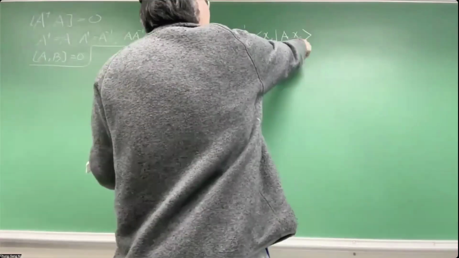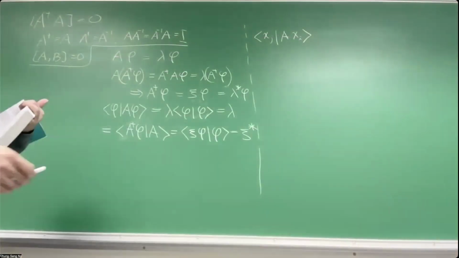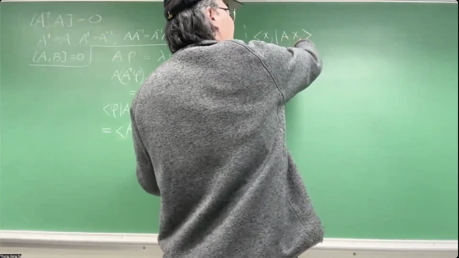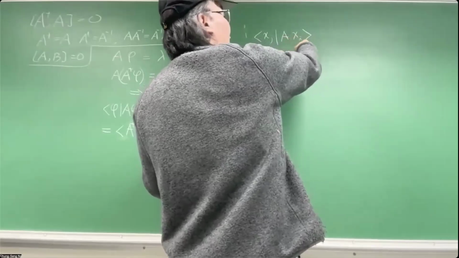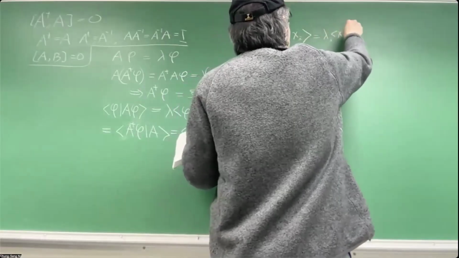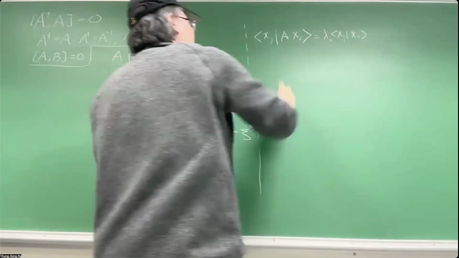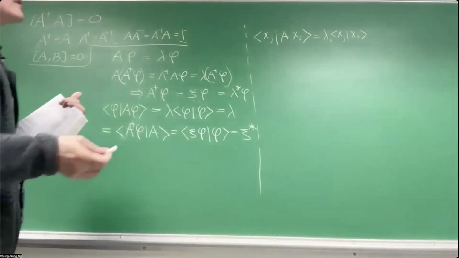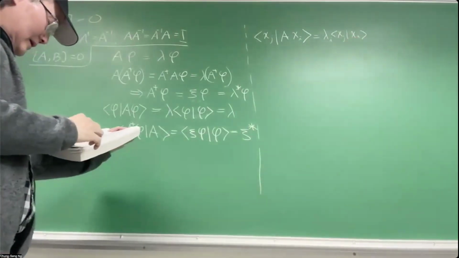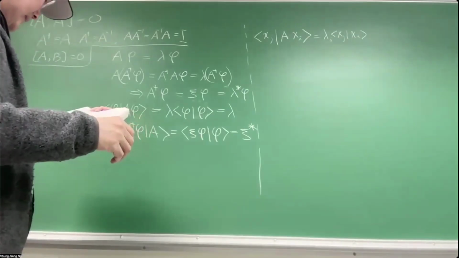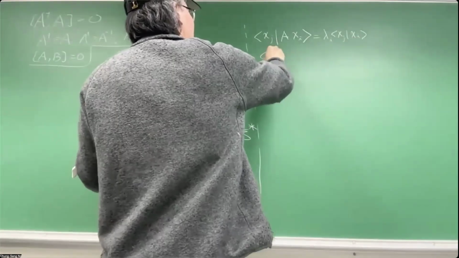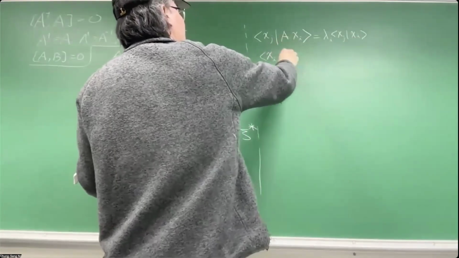So this A operator on x sub i, using this notation, will give you the eigenvalue lambda sub i. And then the lambda sub i you can take out from the scalar product, becoming lambda sub i times the scalar product between x sub j and x sub i. So that is this equation. And now we do the same thing for the adjoint operator, but we reverse the i and j,